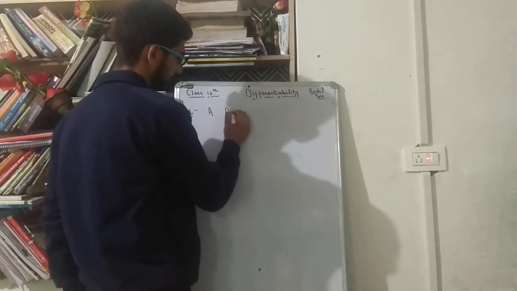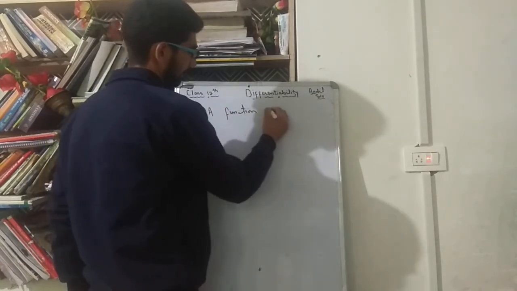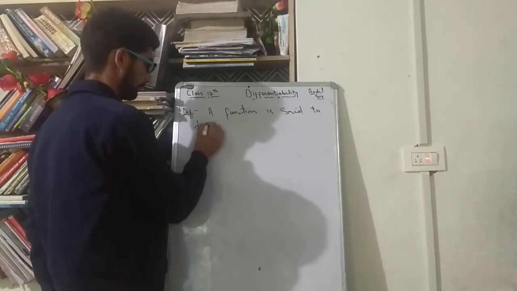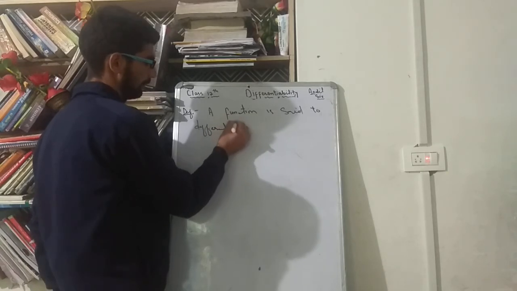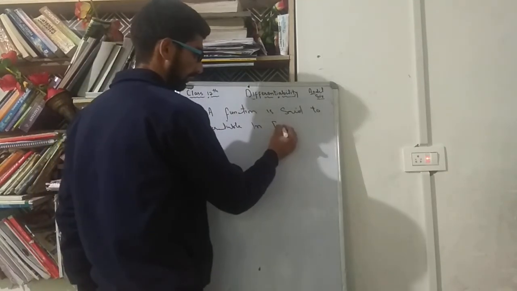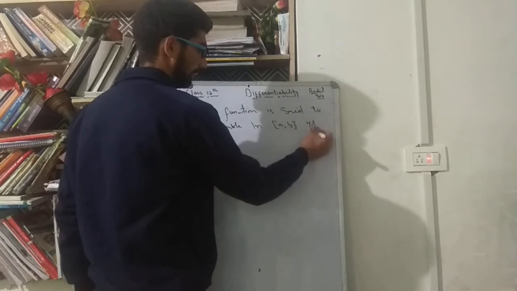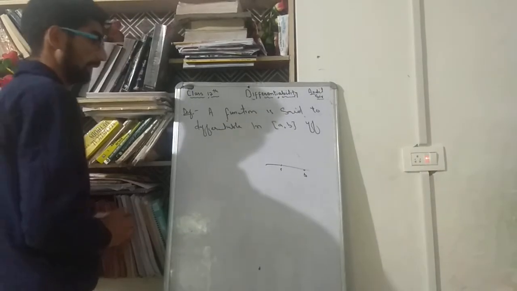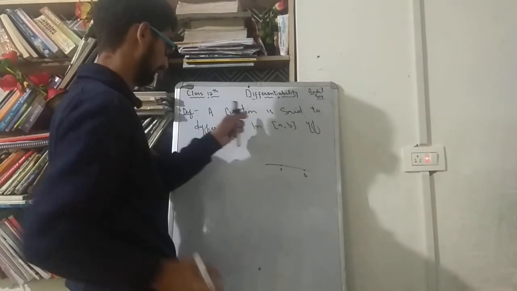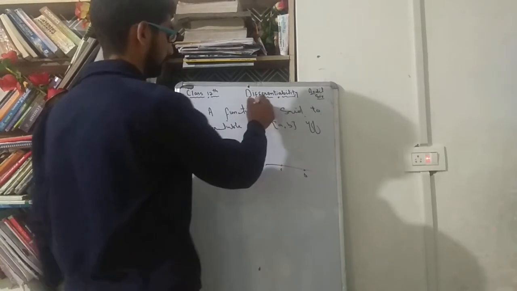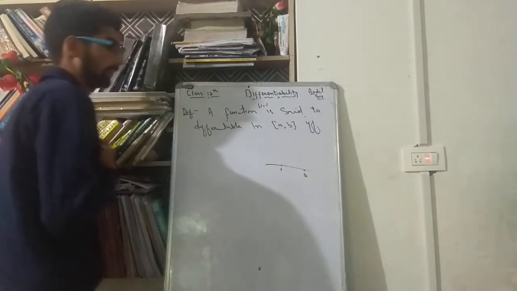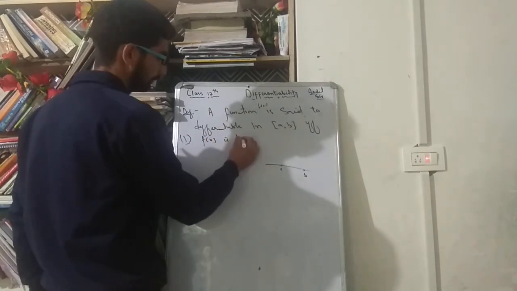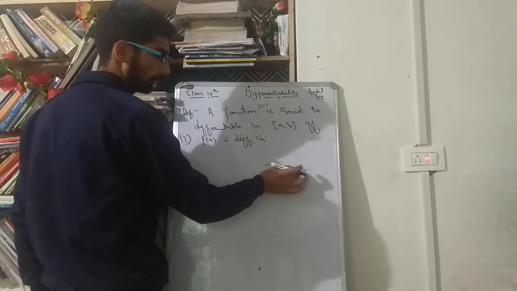A function is said to be differentiable in a closed interval [a, b] if and only if... Now I have a closed interval a to b, and I have to define the differentiability of a function. The function f(x) is said to be differentiable in [a, b] if and only if, first, f(x) is differentiable in all the points that are between this a and